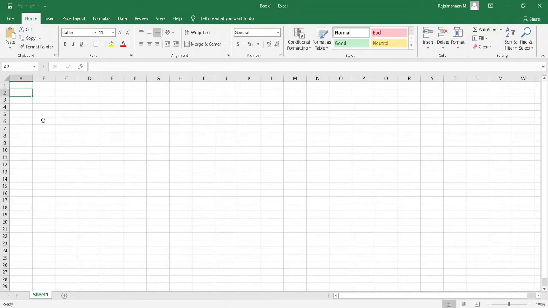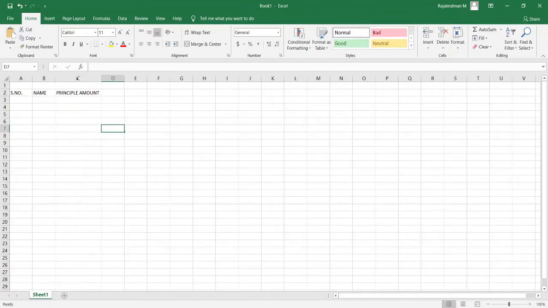So we are creating necessary column headings like serial number, name, principal amount, so we can readjust the cell size by double clicking on it.